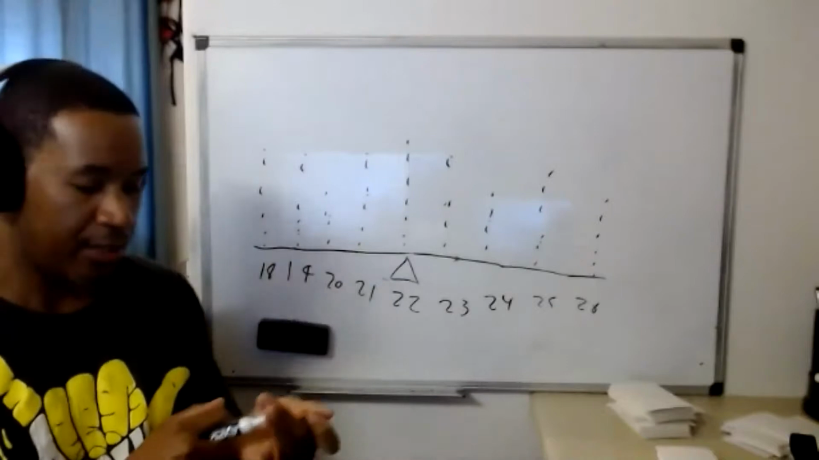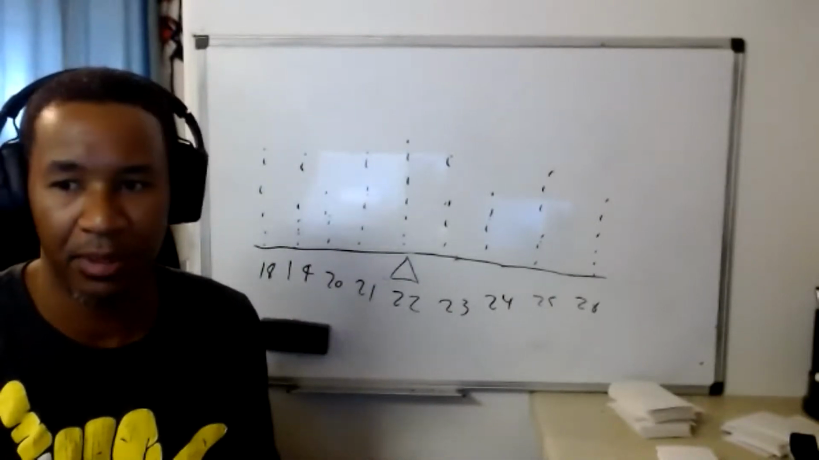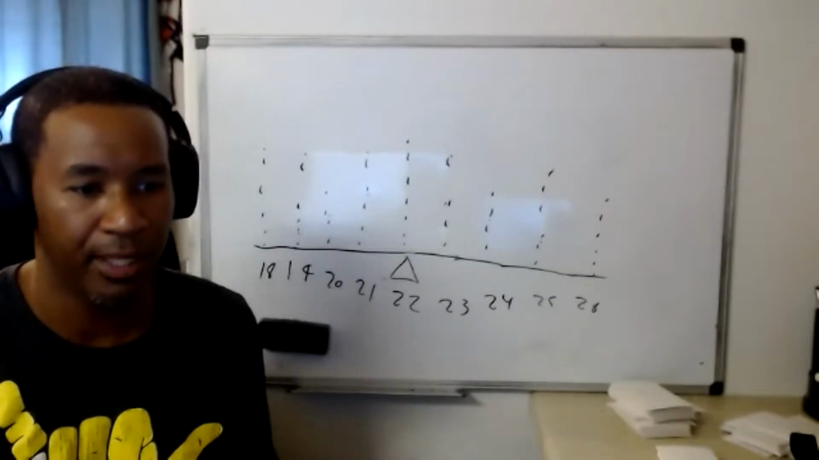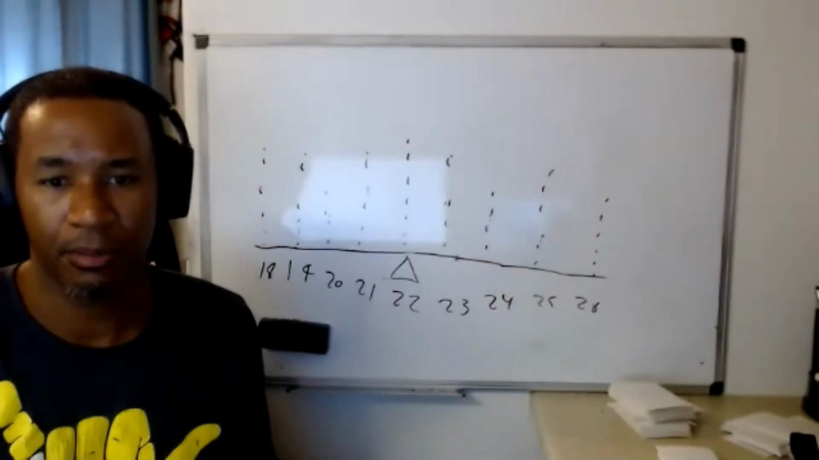Okay. Now, the reason why this is relevant is because, as you might be able to tell here, the mean is actually sensitive to these outliers. Okay. So the mean